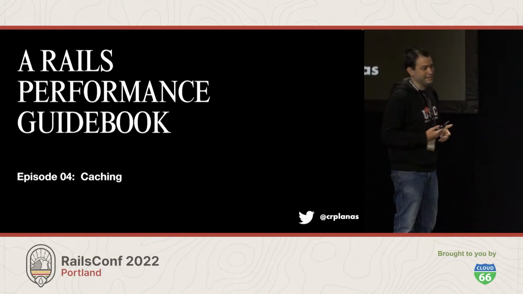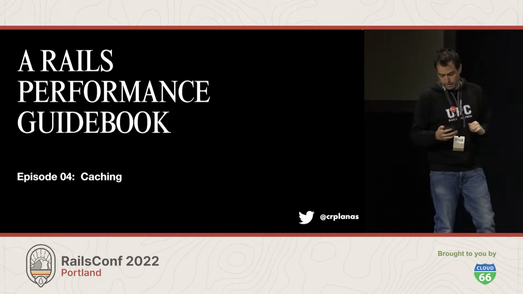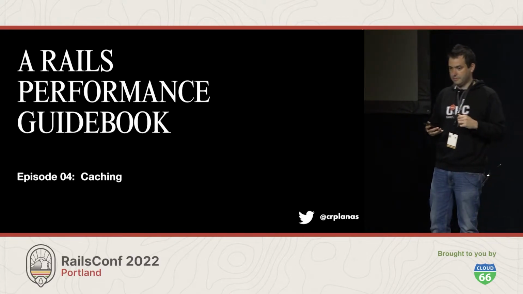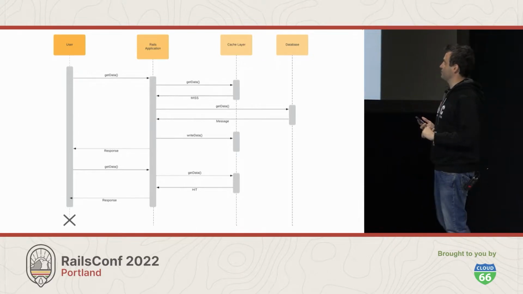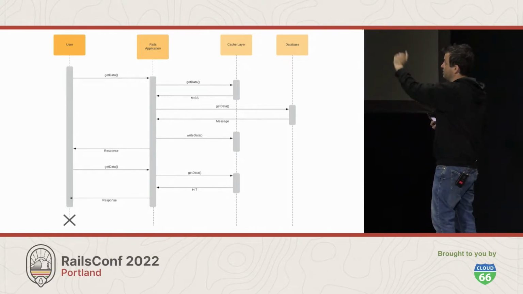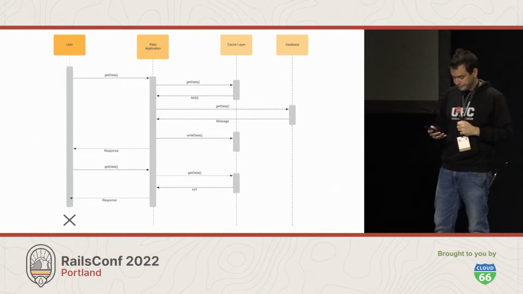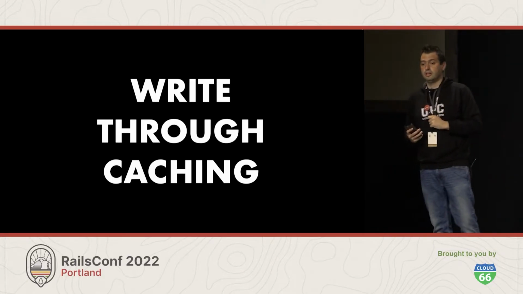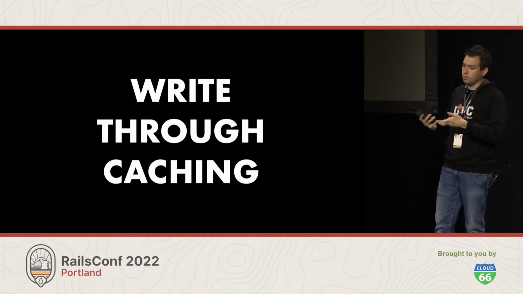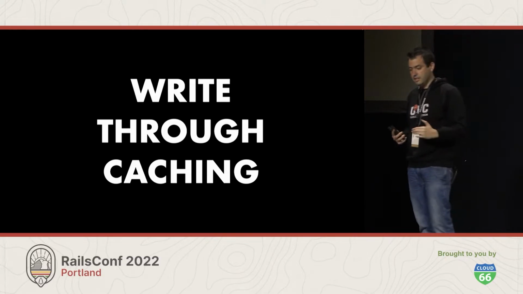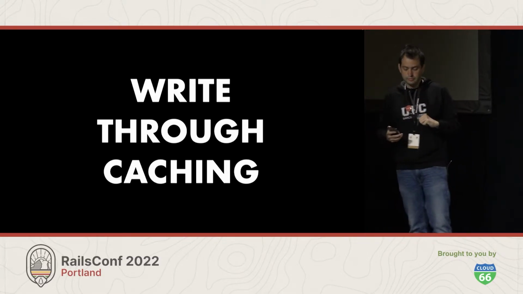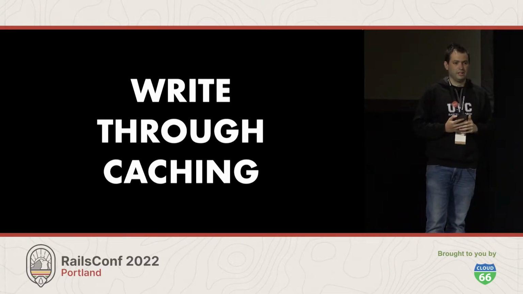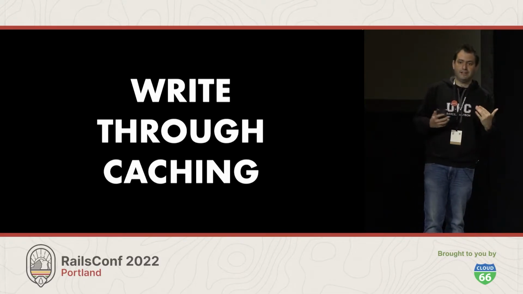Caching. That's the other thing that everybody thinks about when improving performance. Here I made a very simple diagram with a miss. You get data from the database, and then you eventually get a hit. One thing we found that works very well for us is what is called write-through caching. The idea here is that in parallel, you write to the main database and to the cache. Of course, this may not sound like a very good idea, because then you may have a cache that is